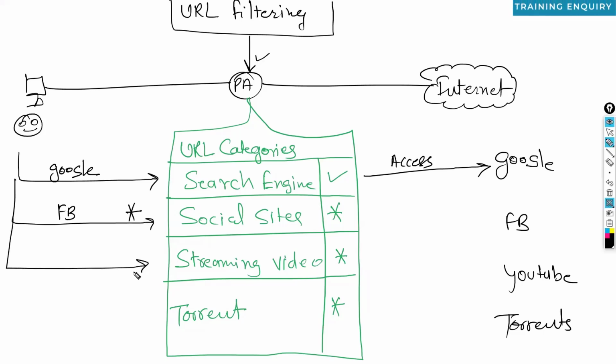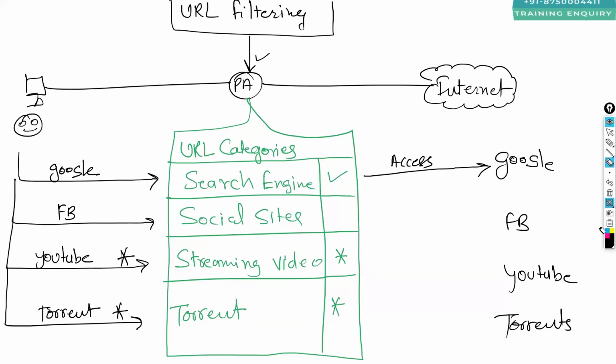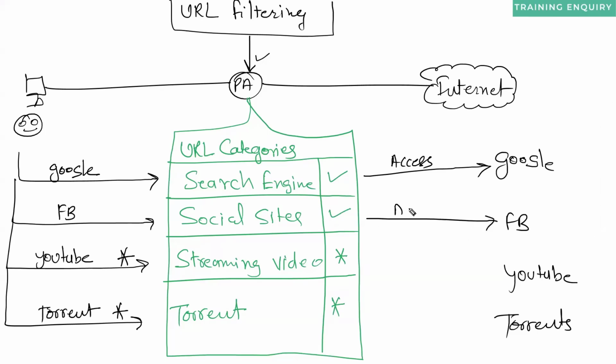If client will say, I want to communicate with YouTube, YouTube is block, no access. If client says, I want to access torrent website, they are not allowed. Got it? If in future you want to allow some websites, you can also do that. When you allow that particular website or URL, we can configure as accessible